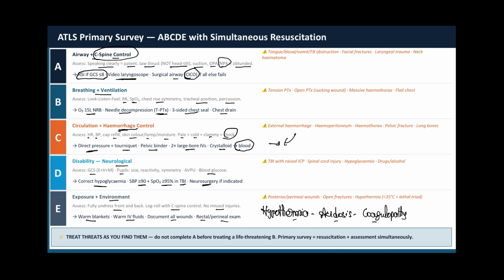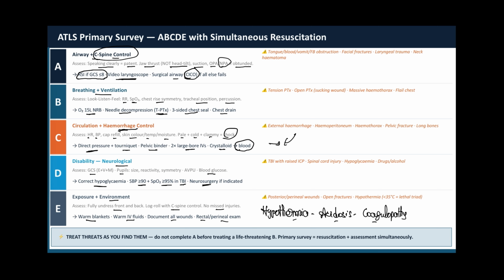Suppose a patient is having hypotension and reduced breath sounds on the right side. Okay, this is actually a tension pneumothorax. So you do the needle decompression and put in an ICD. So basically you are relieving the tension pneumothorax. After that,